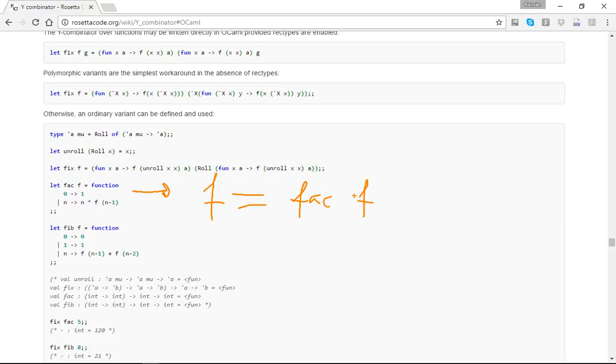This is what I want as my factorial. And the good news is that if you look here, this is automatically computed by fix. So this is equal to